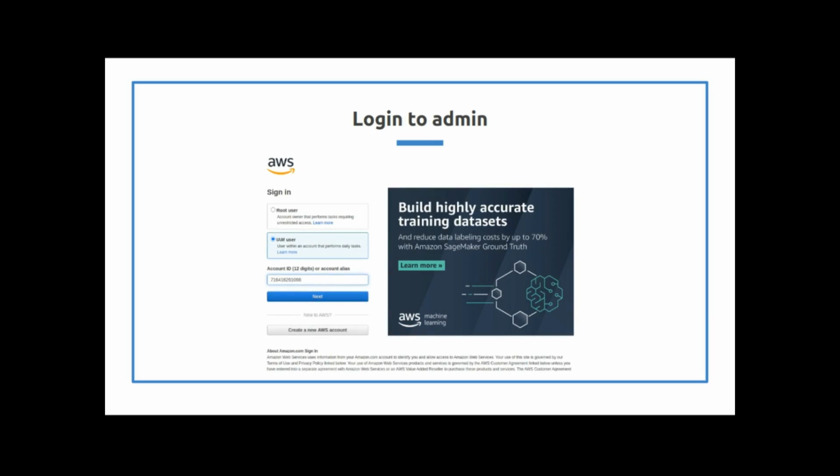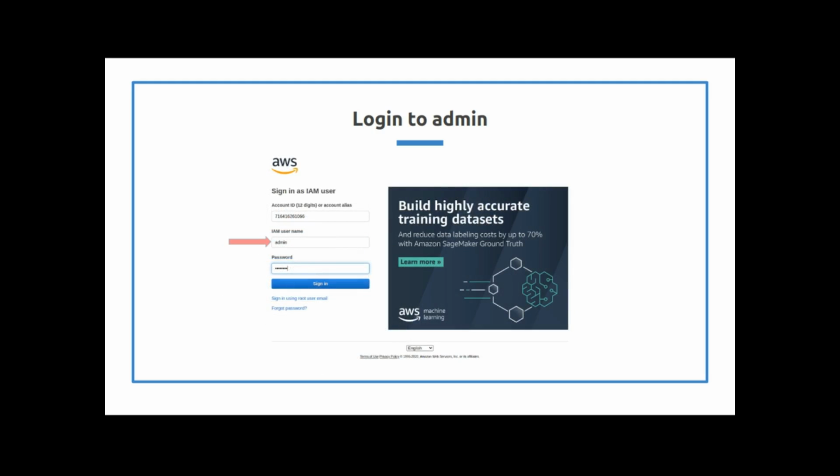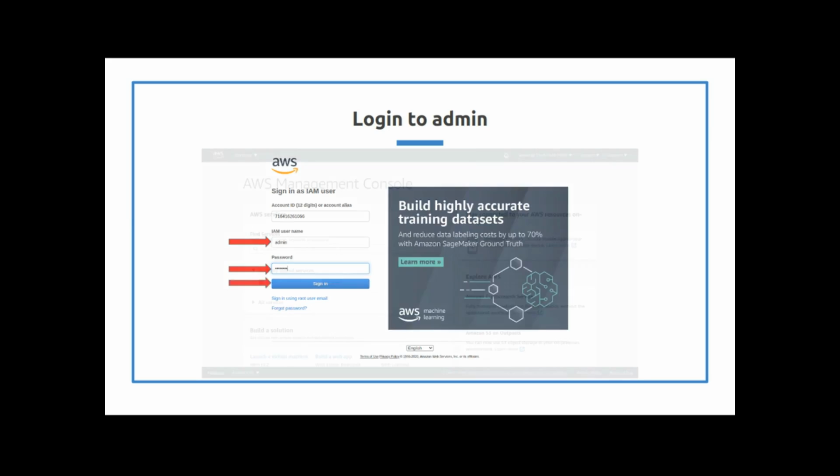So now we're going to log into admin. Remember, admin has administrative rights, but it's the same process, right? Select the IAM user, put in your account ID, hit next, put in the admin username, put in the password, and hit sign in.